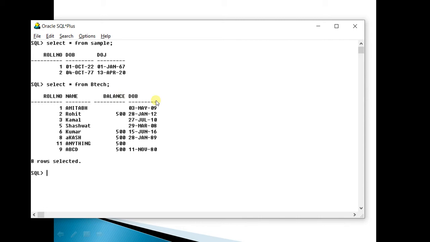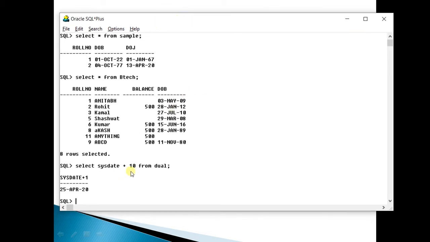Now we will come to some practical questions that can be asked and done on the date data type. The very first thing is you can apply mathematical operations on dates. For example, you can type select sysdate plus 10 from dual. It will tell you the date 10 days ahead. Very simple. You can apply plus and minus on the date data type. However, when you perform plus or minus on two dates, the answer is different. Let us take an example.